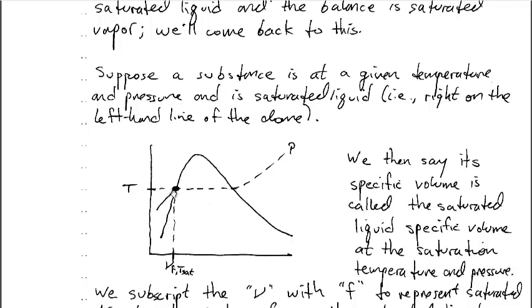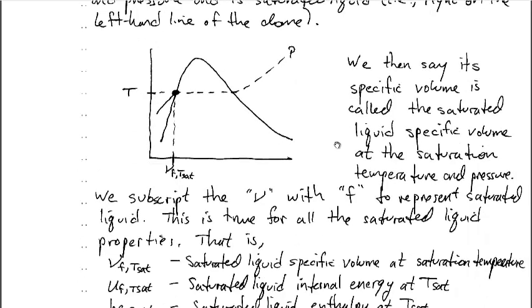So we're at a given pressure and a given temperature and we're a saturated liquid. What we would then say is that the substance's specific volume is called the saturated liquid specific volume at the saturation temperature and pressure. And because that's a specific point in the temperature-volume diagram, we subscript the specific volume